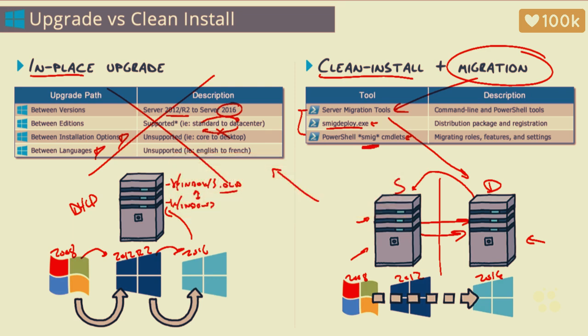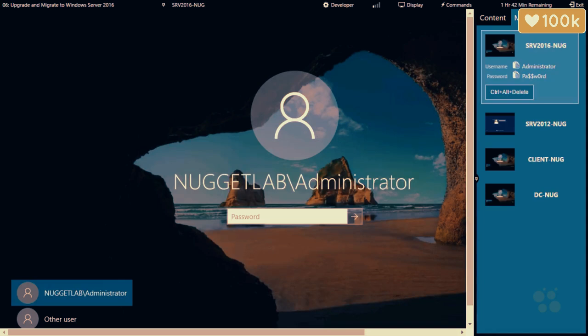All right, let's jump into the virtual lab and learn how to perform a migration from a down-level Server 2012 R2 machine to our brand new clean installation of Server 2016. All right, let's set the stage for this lab. Starting with Server 2016 though, this is our brand new Server 2016 machine. There's nothing on it. I brought it up, gave it a name, added it to the network, and joined it to the domain. And by the way, its IP is